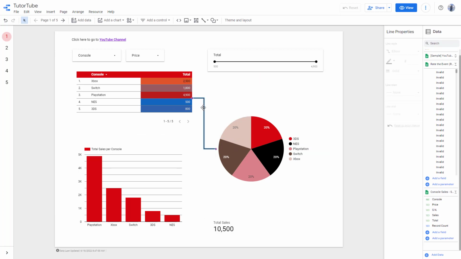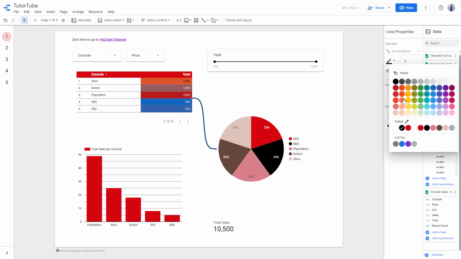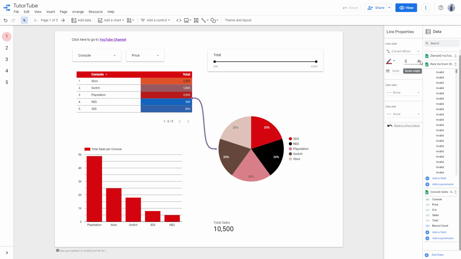What you can also do is change the properties of the line. If you want it to be a linear line, you can change it from over here as well. You can change the color of the line over here as well. Increase the thickness right here and change it into dashed or dotted lines right here. And you can change the start of the line and end of the line over here as well. So there's the line start, and then you can change the line end to turn it into an